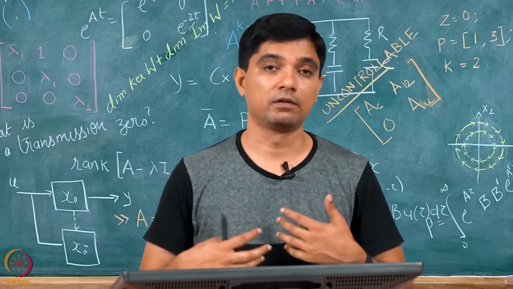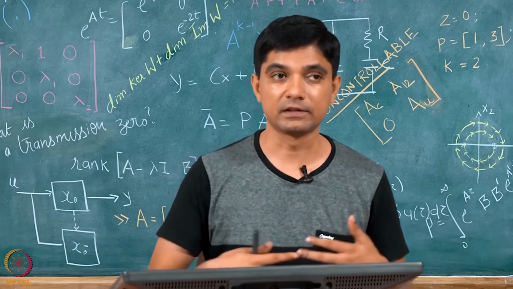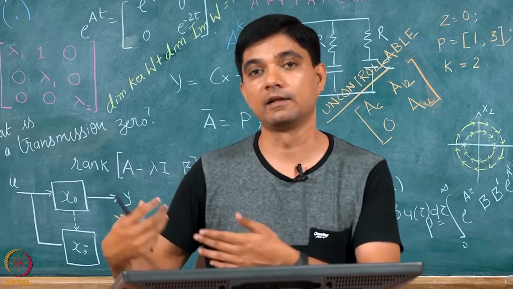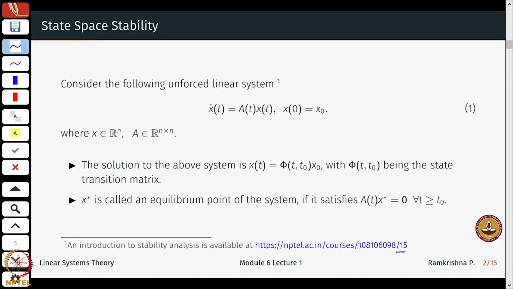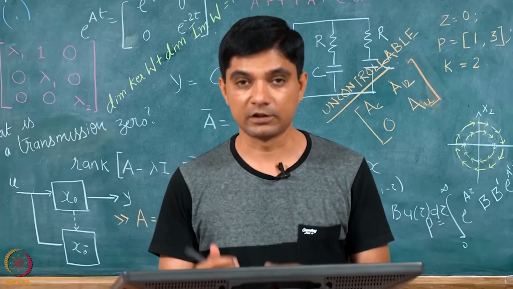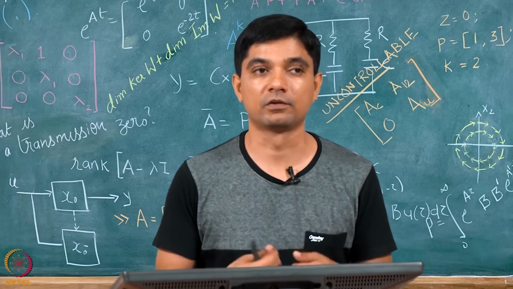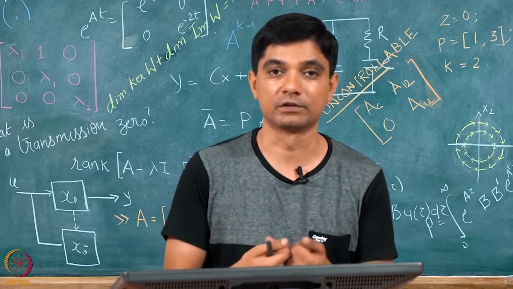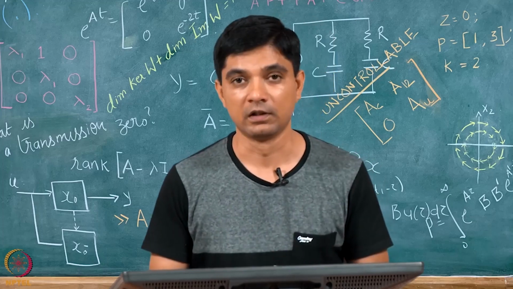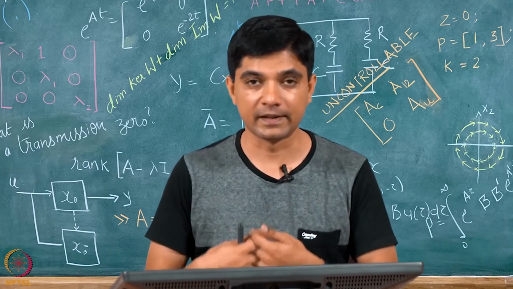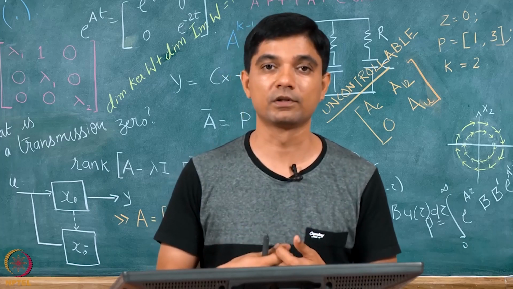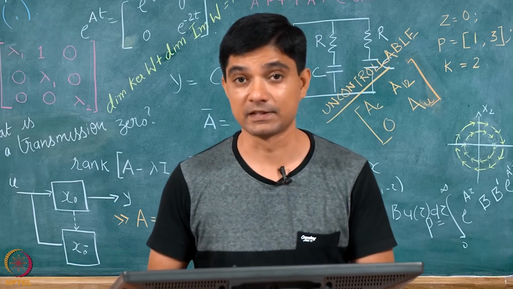We will not revisit those things. If you are interested, you can go back to one of my earlier lectures listed here, to get a little warm up on the BIBO notion of stability, the bounded input, bounded output notion. I will not elaborate on that, but here we will focus on the state space stability,